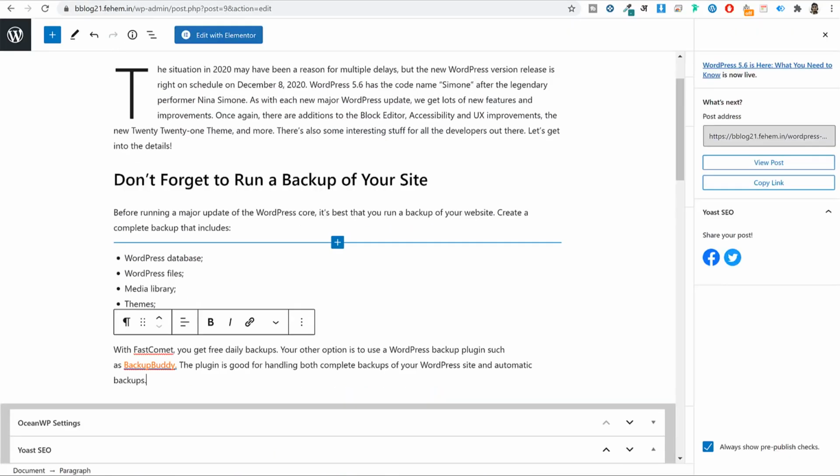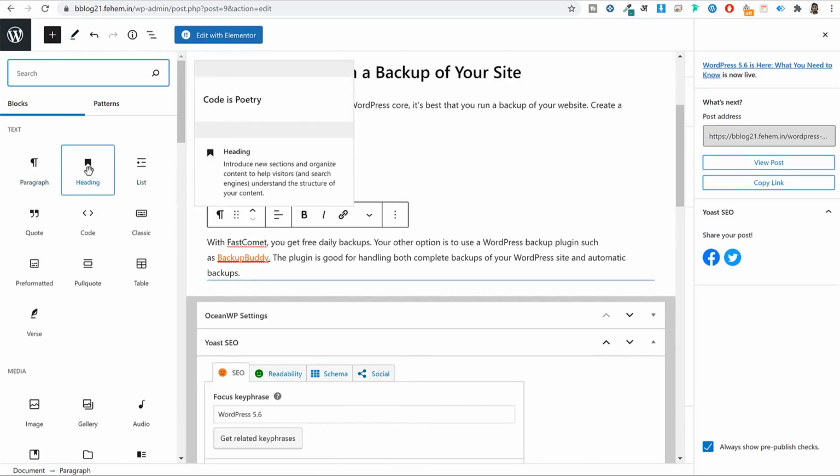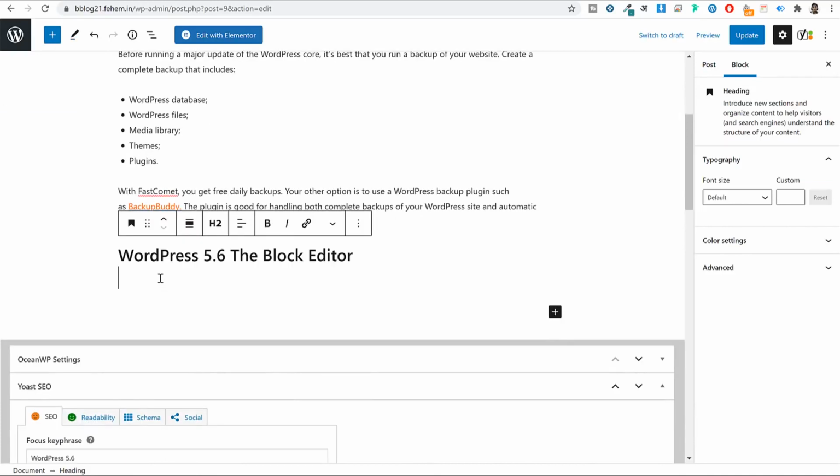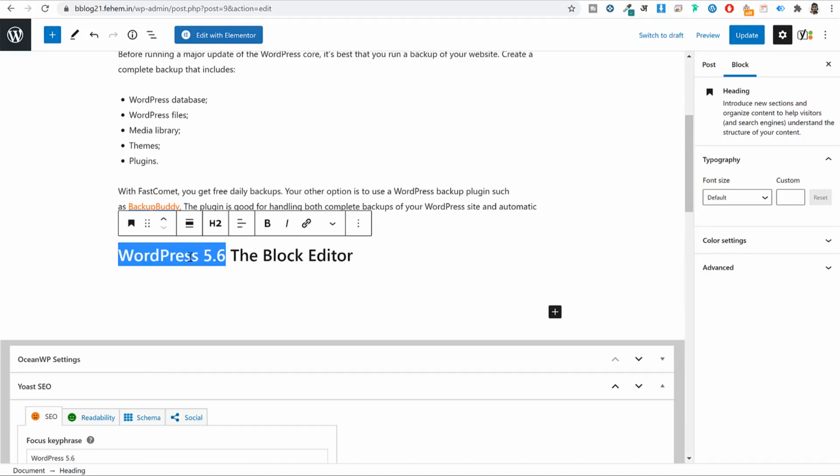So this is your title. Again, you'll copy this thing. We'll click on this plus button and we'll add another heading. So click on heading and paste in this heading. Make sure again it is H2. Okay, H2 heading. And if you see here, I have used this focus keyword again in the title, WordPress